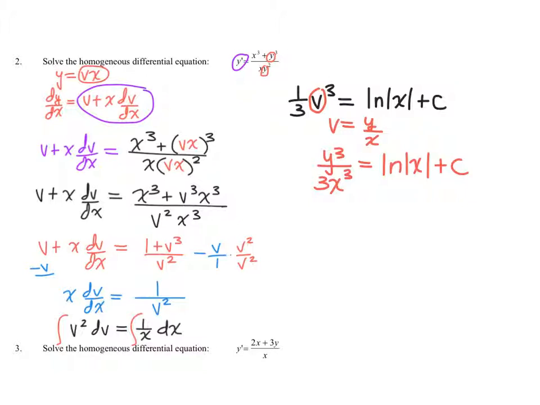y or x? Y. Yeah, and that's because we have two instances related to the x, to be able to isolate just a single x out of that, it seems like it'd be too challenging, all right? Or maybe it's not that bad, I don't know, but it's not going to be as easy as getting the y alone. So I'm going to multiply both sides by 3x cubed. In which case I'm essentially clearing out the 3 anyway, but along with the x cubed. So y cubed is equal to 3x cubed ln of x